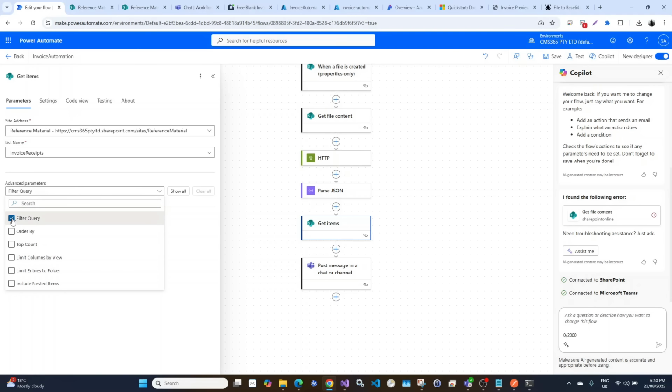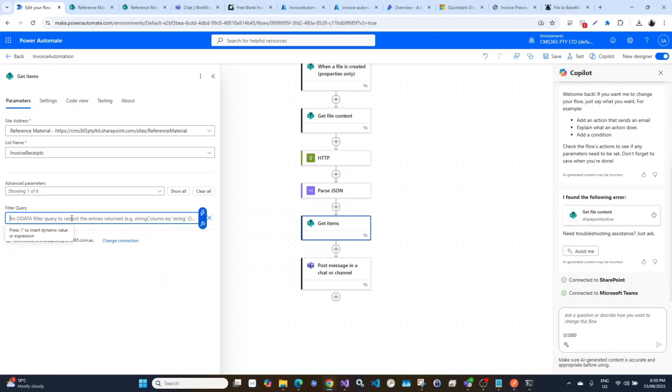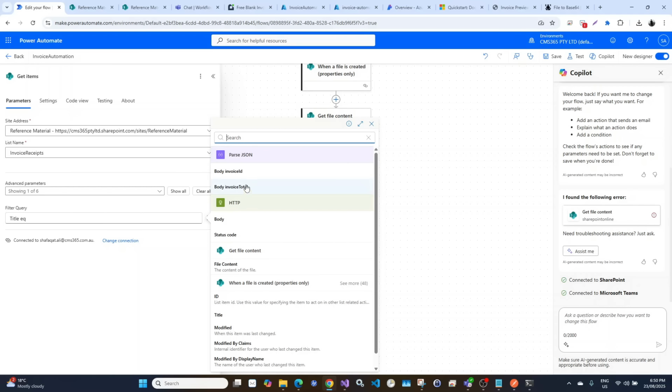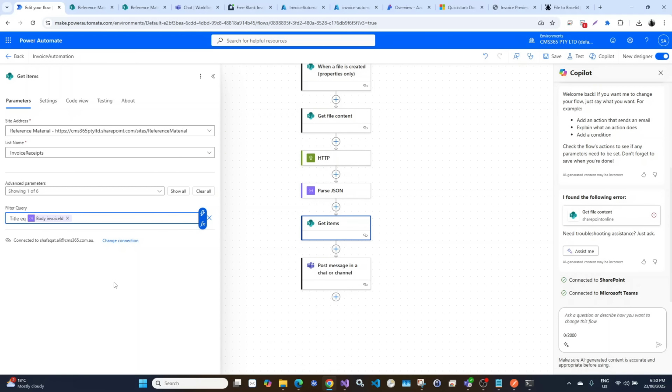And we need a filter query, which will be, I think that is called title equals to invoice ID. So that will give us total, and